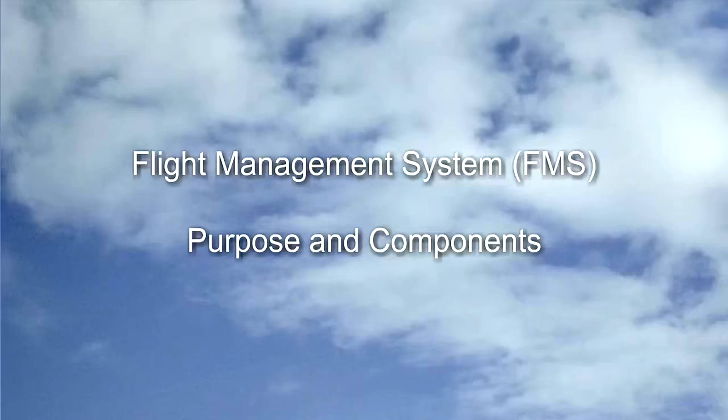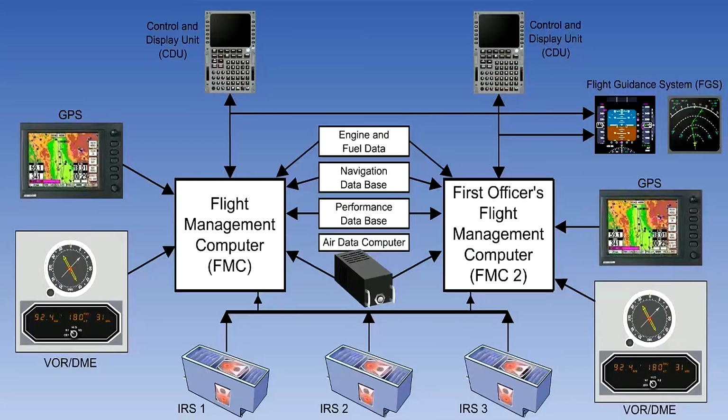This is the first of two lessons on the Flight Management System, which is often abbreviated to FMS. This one is mainly on components and hardware, whilst the second concentrates on equipment operation. All modern airliners contain a flight management system. It combines various subsystems into one integrated system designed to provide continuous automatic navigation, guidance and performance management.